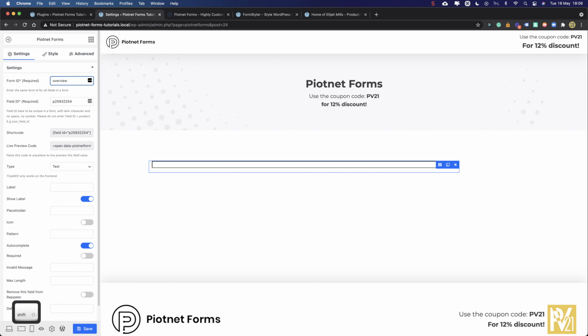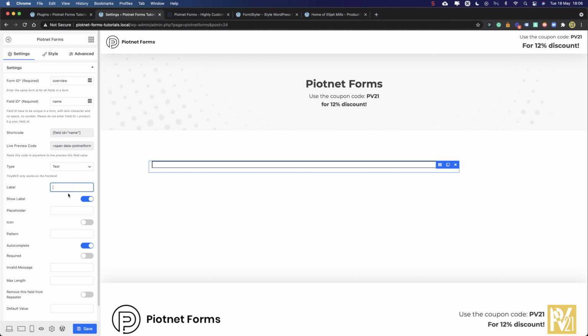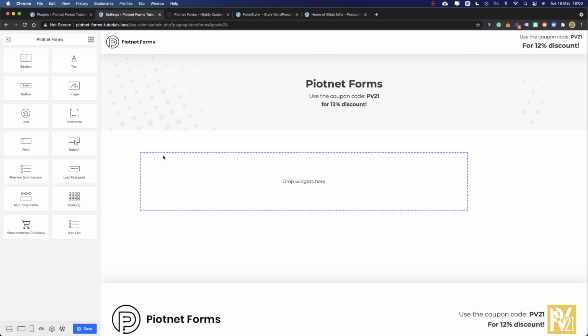Overview. Okay, an easy ID to remember. We have to give a field ID as well. This will be name, for example. The field type, we have plenty of field types. I'll start here with the name. Okay, we have a field, but before we start with the fields and all of that, I'll show you other